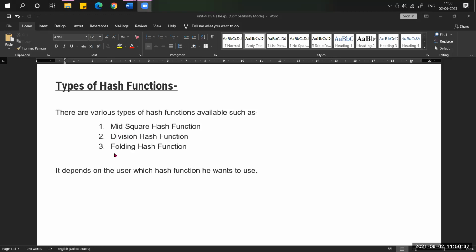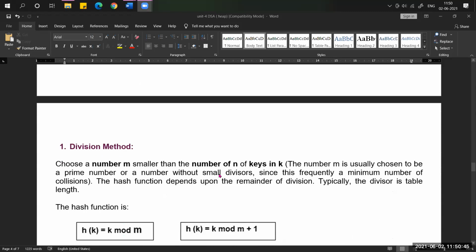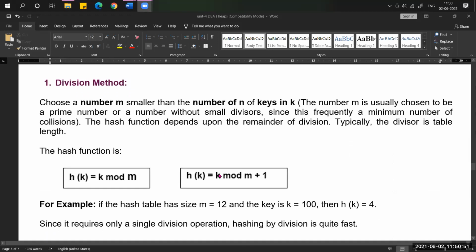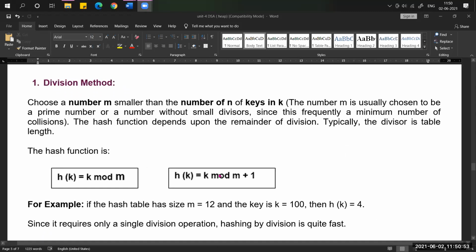Let's start with each type of hash function. What is the first one? The division method. What does the division method mean?